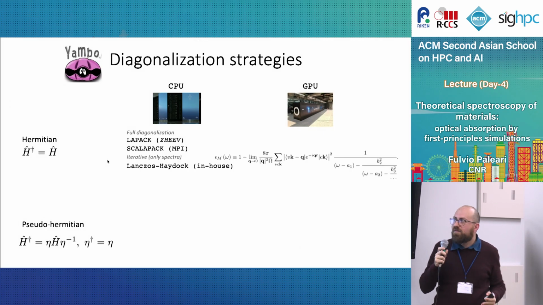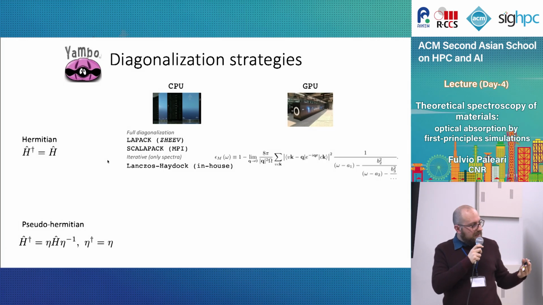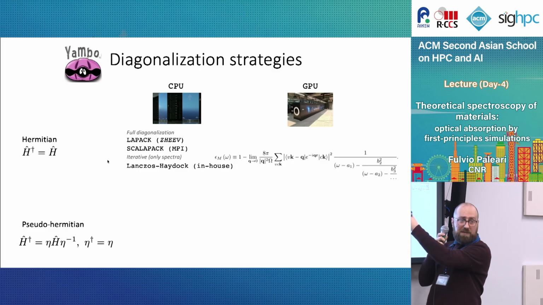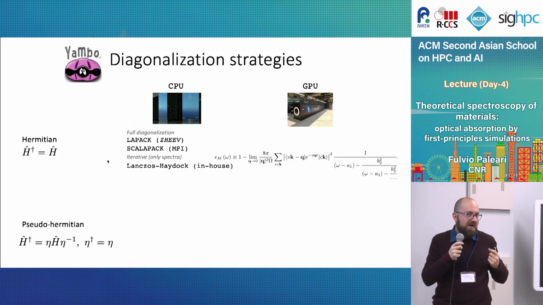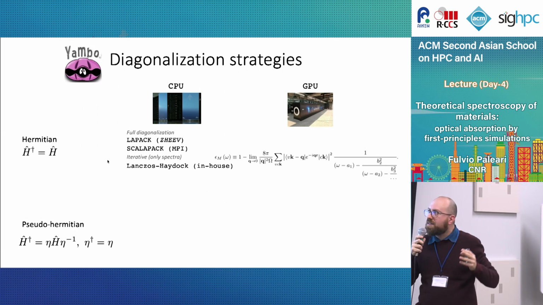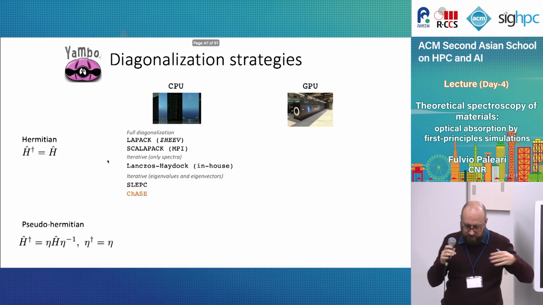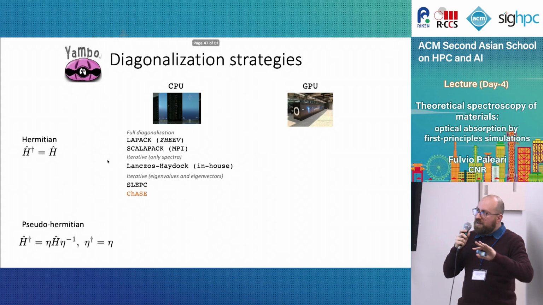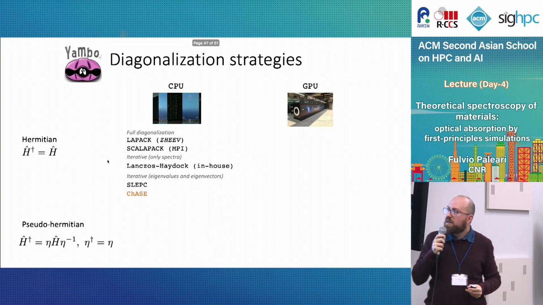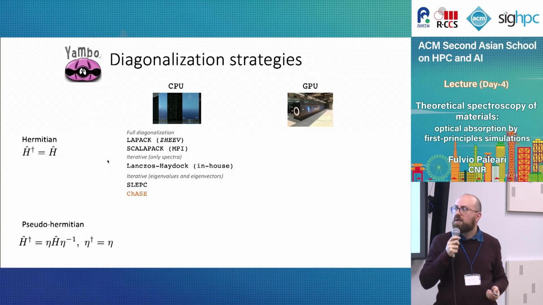And for this, we have an in-house solver. It's called the Yambo solver based on the Lanczos algorithm of continued fraction, which is actually the fastest that we have, but only gives access to the optical spectra. So you get the absorption spectrum, good, but you don't get eigenvalues and eigenvectors that are actually needed for many applications and for many physical insights. Then we also have iterative methods that give access to eigenvalues and eigenvectors. The one that is currently implemented and working, and also suggested, is SLEPc. But I think they are also working within the ANAMI projects on the ChASE library.